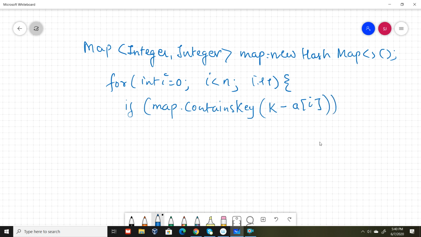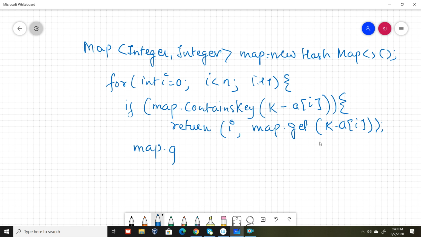If it contains that, that means we have to return the current number, which is i, and map dot get k minus a of i, which is the complementary number index. Great. If it is not there, all we have to do is add this number to the map, and this is where we save the first scan. We don't have to actually add them beforehand. We can add when we are processing. So we'll just do a of i and we'll introduce